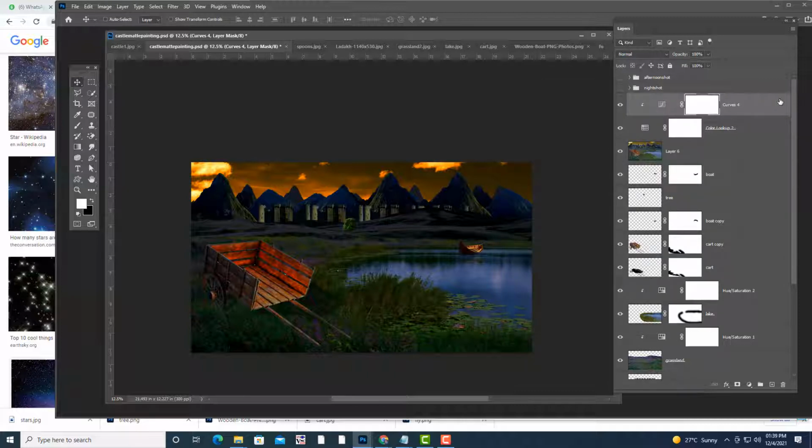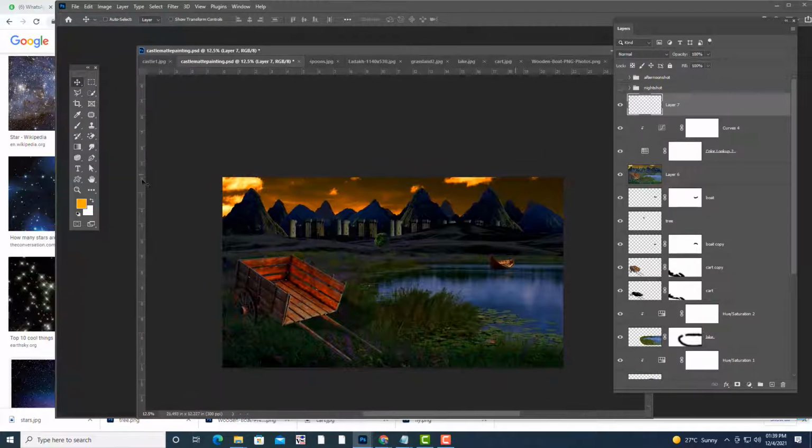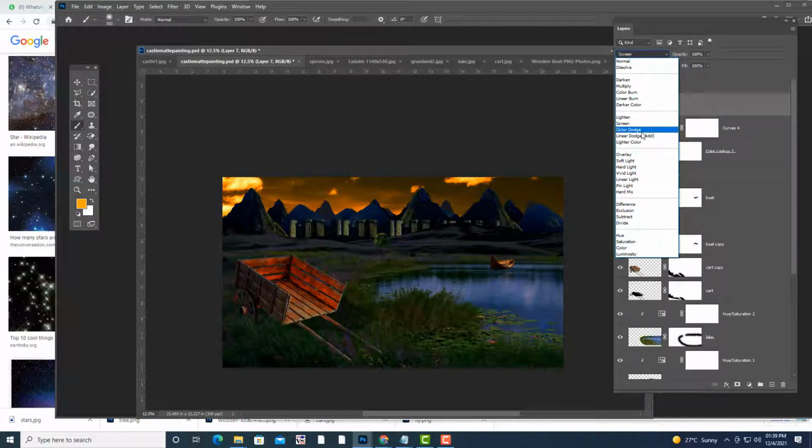Then see, we'll make it interesting. We are going to put a sunlight. So we can put the sunlight. Take a new layer, and we'll select the brush. So the sun, let's keep the sun here. So how can we do it? We'll select a soft round brush, and then I'm going to keep linear dodge.